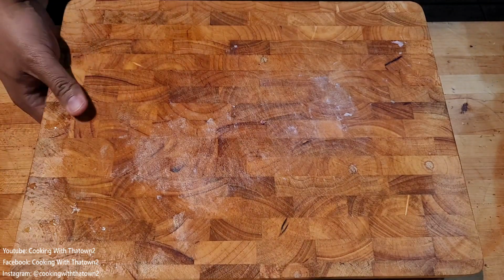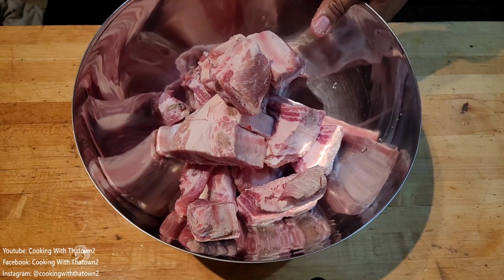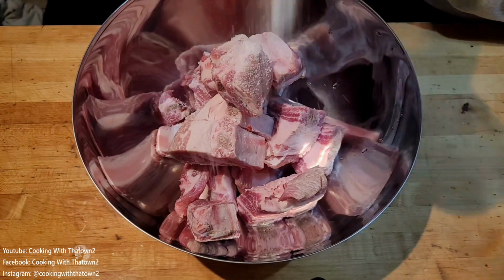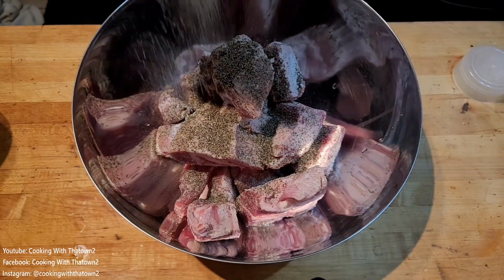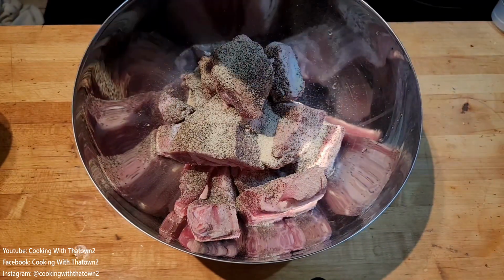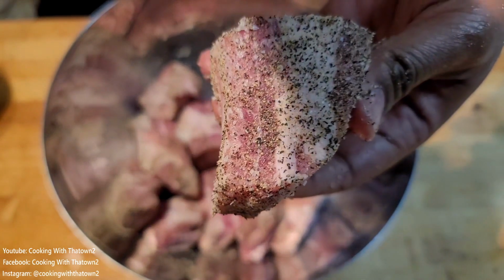You can see the bone pattern along the strip of the rib, and you just take your knife and cut in between each one to cut your sections up. You can do these in a 1 or 2 bone pattern. If you have a second bone, you'll have more to bite into in between them. But we seasoned this up with some kosher salt, black pepper, garlic powder, and onion powder,